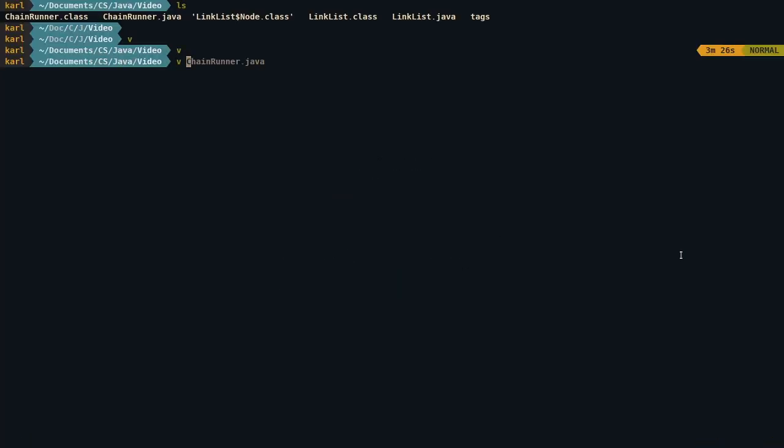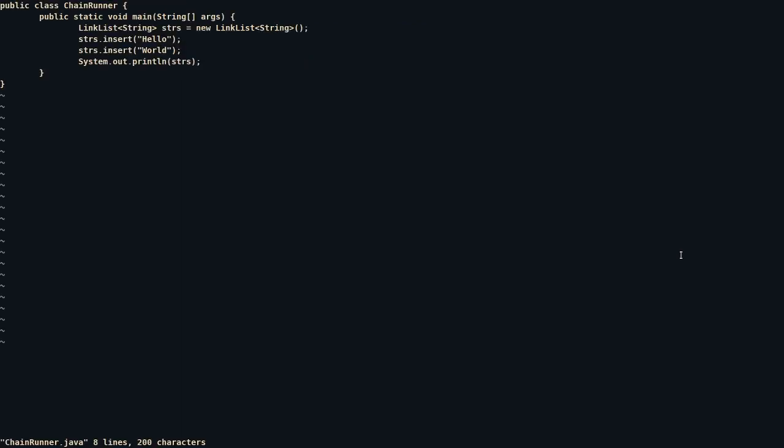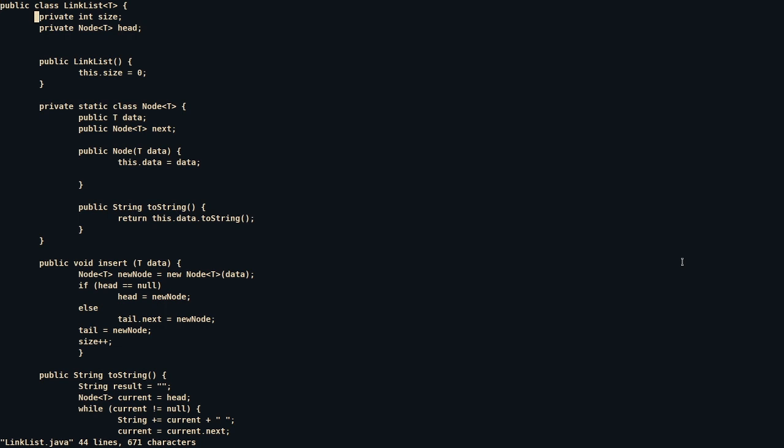So now that we have reloaded the file, wait, I should show you an example of no vimrc, because I think that's -u NONE, and then we want to go to ChainRunner.java. If you don't know what this does, the -u flag allows you to choose a specific file you want to source as your vimrc. So again, doing this, you can see there's no syntax highlighting. If we go to LinkedList.java, you can see that